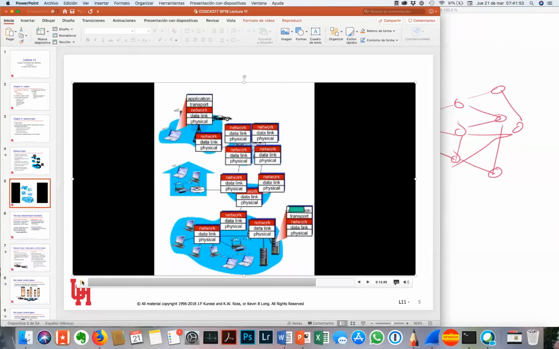But it's basically showing you every device along the way stops to look at the network layer, picks it up off of one data link, throws that data link wrapper away, exposing just the network datagram that remains. It now can see at the beginning of that datagram the addresses, and it makes a decision on which port it needs to go to next. That port is attached to a network. That network has a particular data link technology, Ethernet or Wi-Fi or something like that, and it will rebundle up the datagram that's at